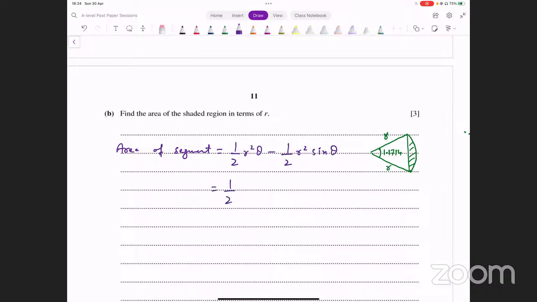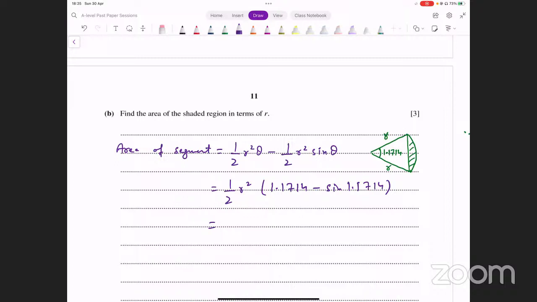Half r square आप इसे common ले लें. अंदर आपके पास क्या बचा? Theta minus sine theta. That's 1.1714 minus sine of 1.1714. ये evaluate कर लें, देखें आपके पास क्या आता है. 1.1714 minus sine of 1.1714 divided by 2, and that turns out to be